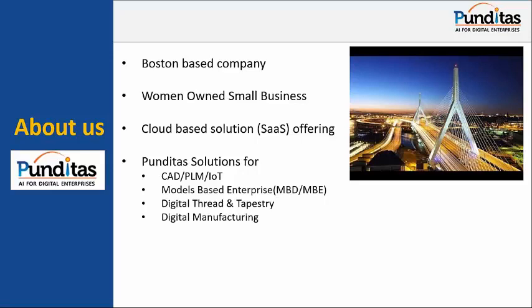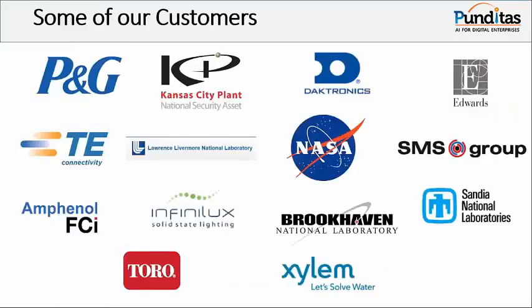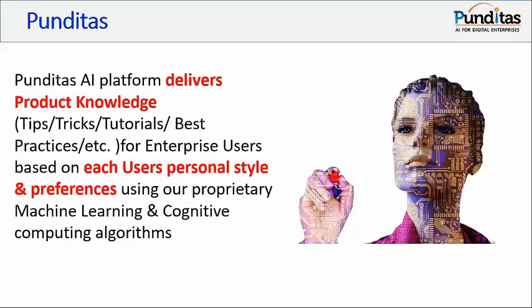So we have a number of partnerships in place. We are a partner of PTC User, as well as the PTC itself as a partner Advantage member. We're also partners with Autodesk and numerous other software OEMs. Just recently signed up Tristar as our reseller, and we are really pleased to have them on board. This is a list of some of our customers that are currently using our software and pretty pleased with our